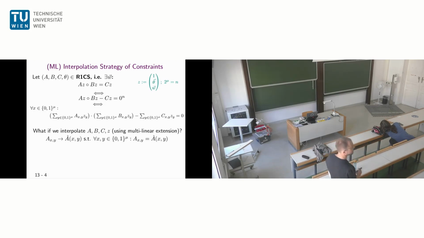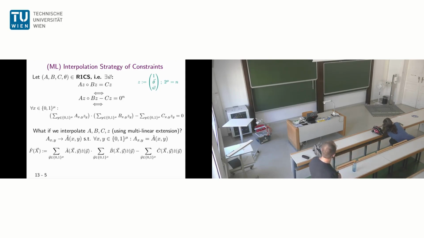And now we can apply the technique I showed you. We can interpolate this stuff. So we have our function tables. We interpolate them rather efficiently and get polynomials, a hat. So with the hat, I will denote the multilinear interpolation. So we get those new objects for all three matrices and for Z. And now by design, if we write this equation in terms of our polynomials instead of the function tables, we get a multilinear polynomial, but we know something about it, namely